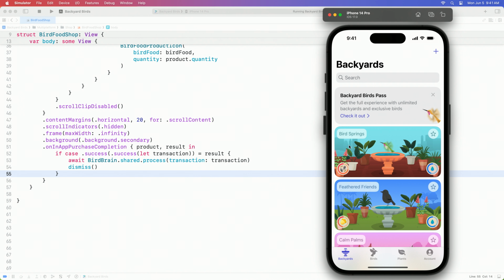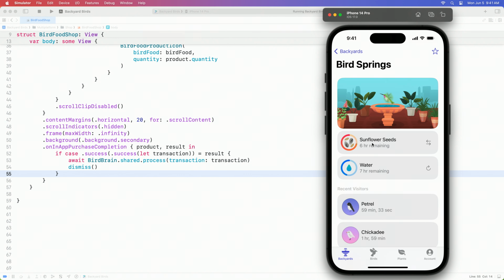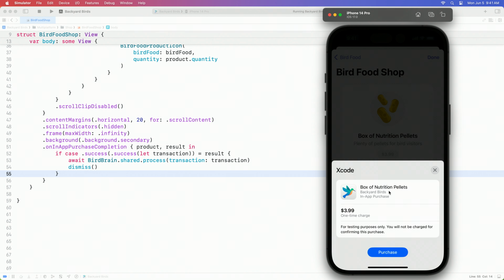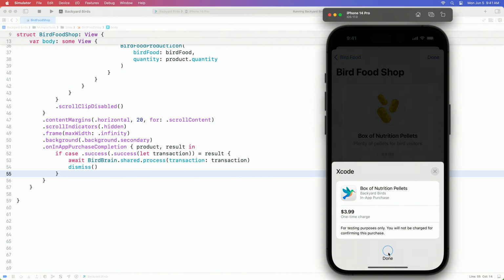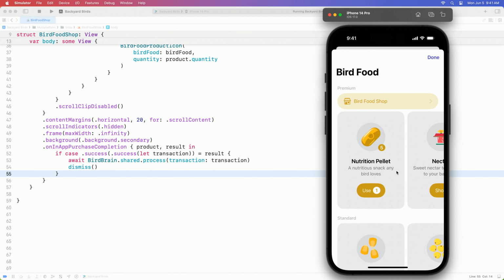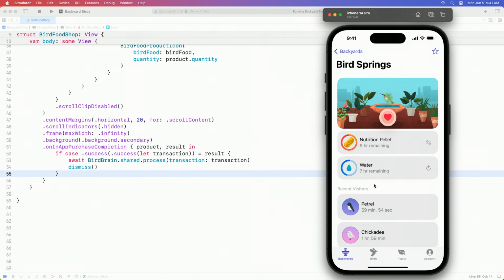I'll choose a backyard and tap the supplies. Then, I'll purchase some nutrition pellets. After the sheet dismisses, you'll notice we now have 5 nutrition pellets in our supplies inventory. Now, we can place a nutrition pellet and sit back as our pellet brings all the hungry birds to the yard.